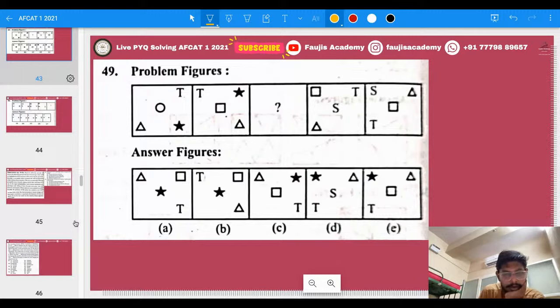Okay, the first is like T, star and triangle. Okay, 49. Guys, what do you guys think about this particular one? Okay,